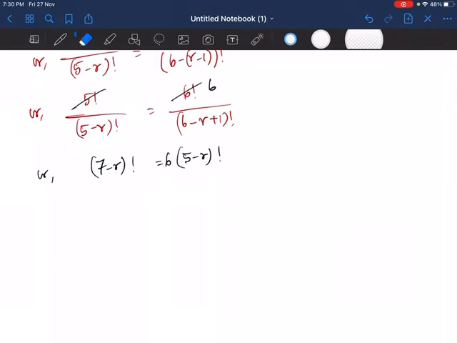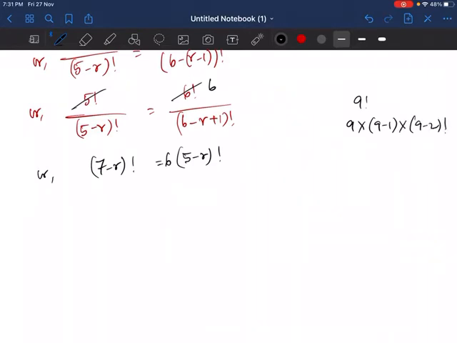So what we are going to do is, we know that 9 factorial, we can write it as 9 into 9 minus 1 factorial... Oh, sorry, we made a mistake. 9 factorial, we can write it as 9 into 9 minus 1 into 9 minus 2 factorial. We can write like this, right? So we are getting what? 9 into 8 into 7 factorial. It's the same thing. So here 7 minus r factorial, we will write it as 7 minus r into 7